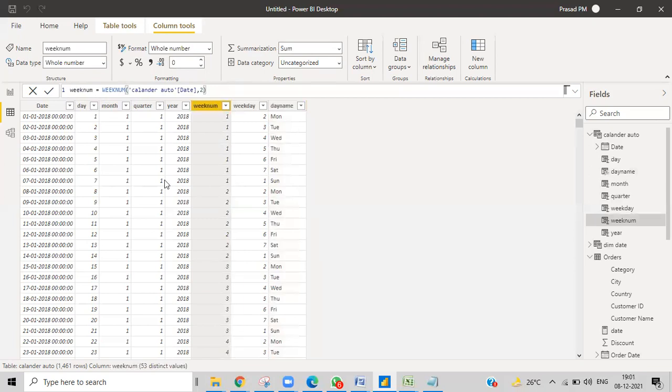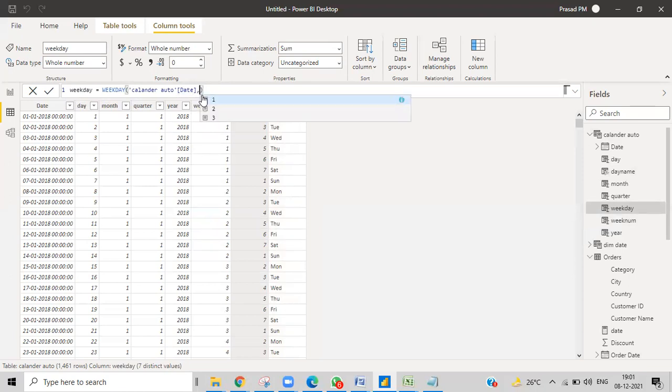And see this right now. We have 7 days in the week. From the Monday it is taking one, and then again you can see this here also. I just need to give 2, then only you'll get the result clearly. And here we do have 3 options. Every time you can check what exactly it is showing.